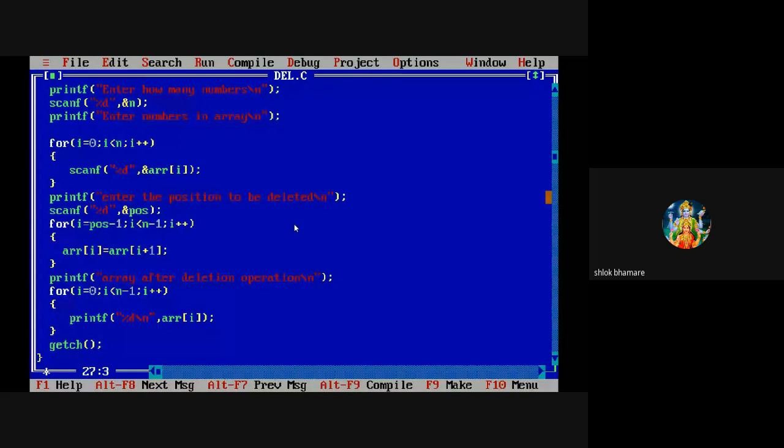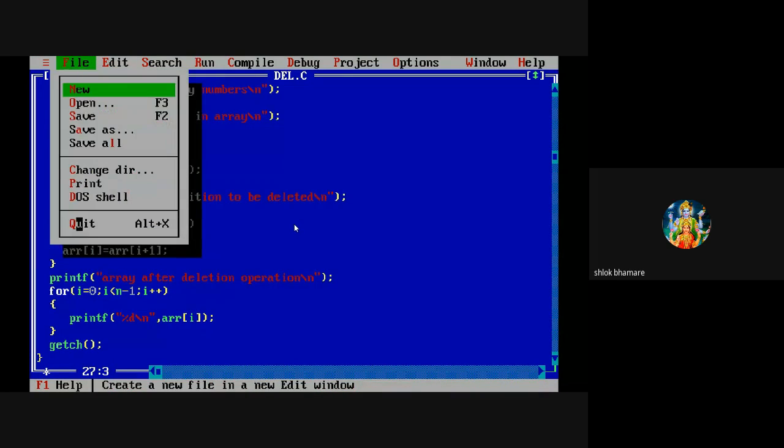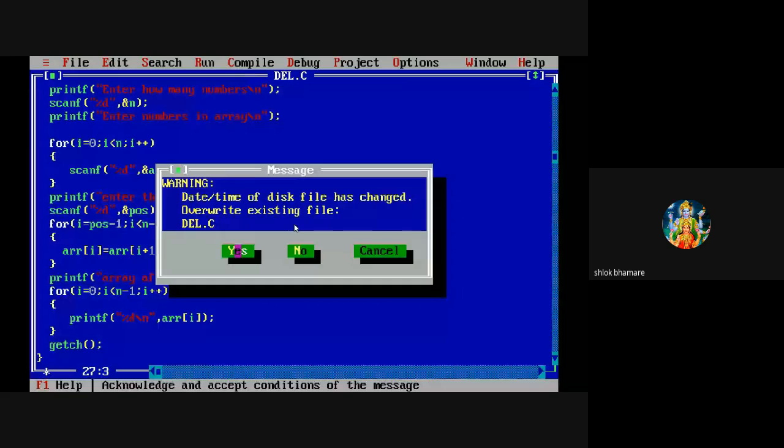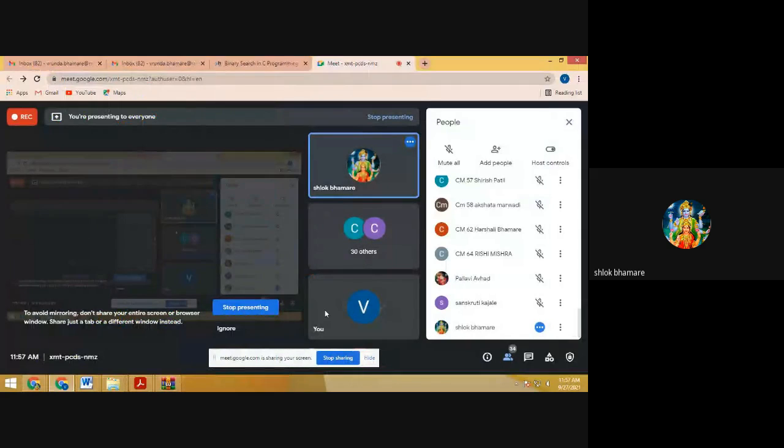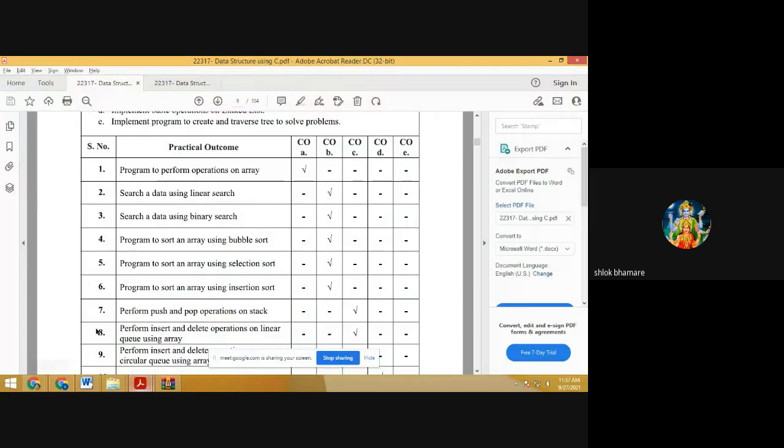Now in next practical, what we have to do? In next practical, we have to perform search operation on array. Now in practical number 1, we have performed insertion and deletion operation on array.